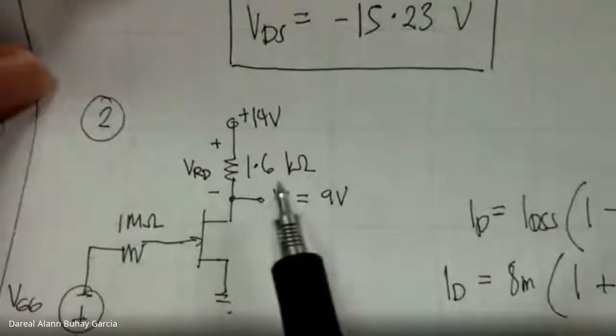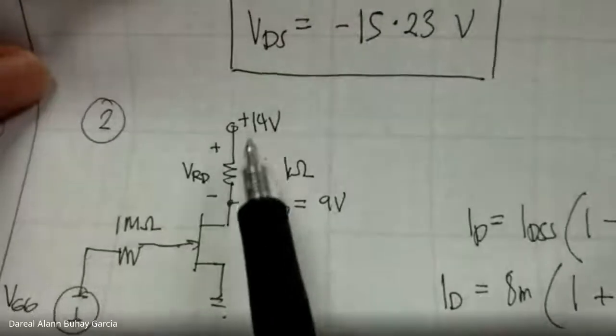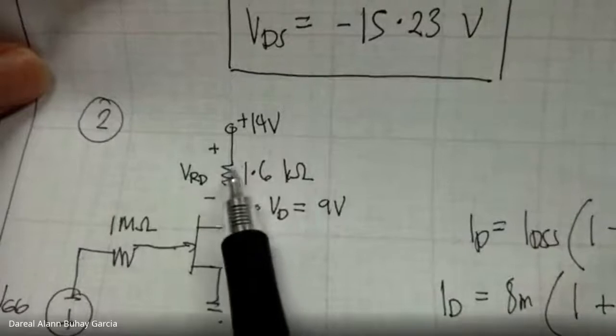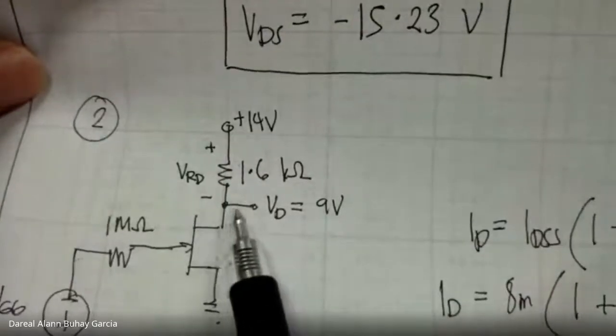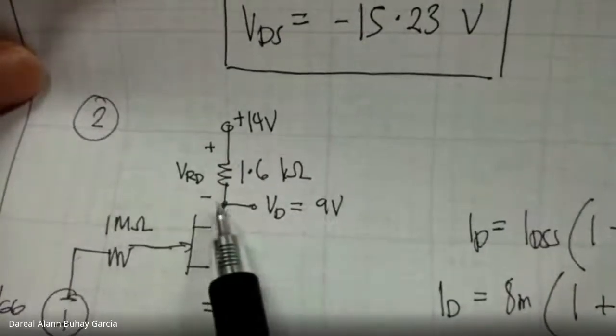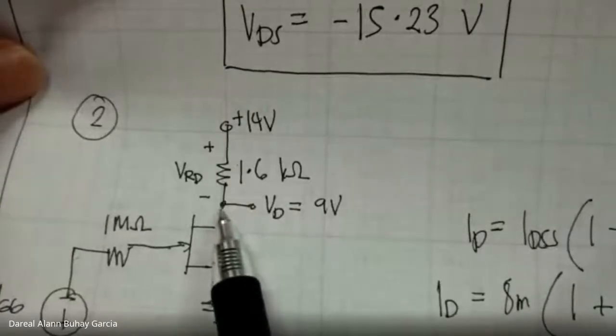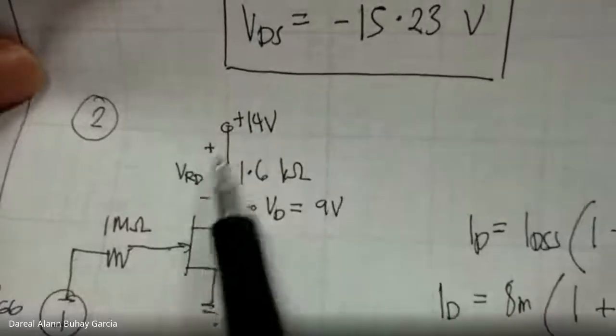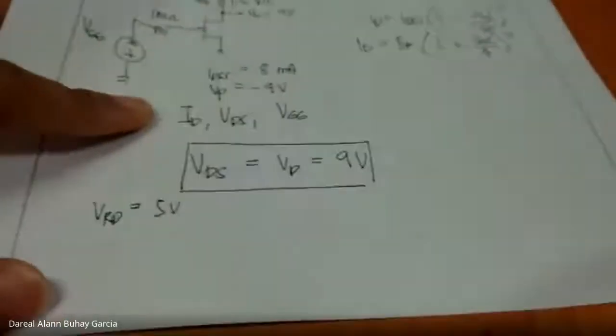I think that's clear. To be clear, the voltage across RD is different from VD. VD is measured only from this point, from the drain to the ground, whereas VRD is the voltage drop across our resistor. So VRD is 5 volts, therefore